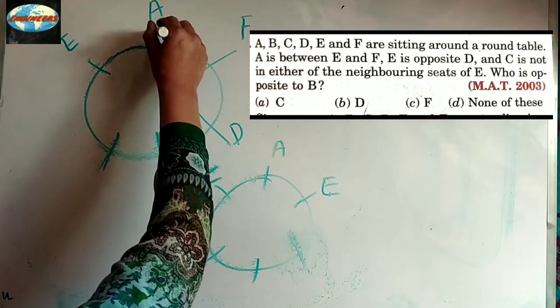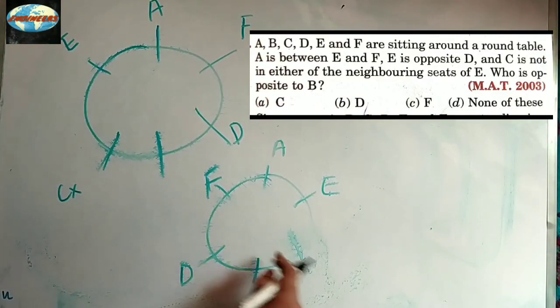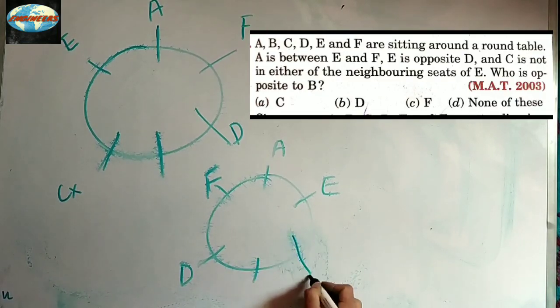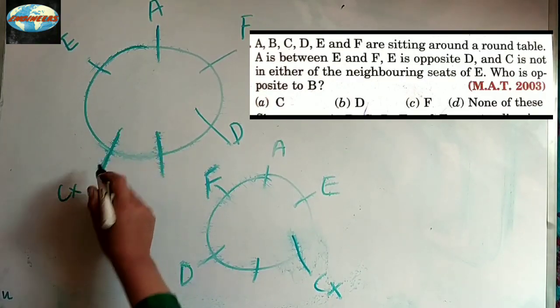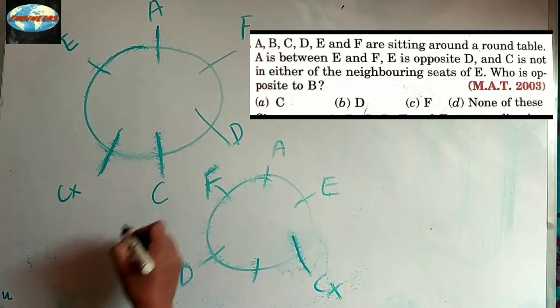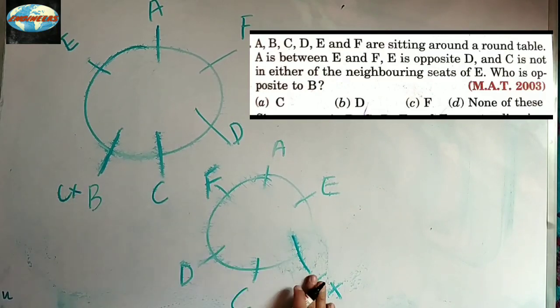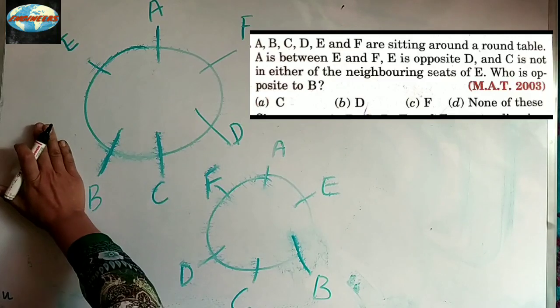Here, already we have A, so C cannot be over here, and in this case, C cannot be over here. C is not in the neighboring seats of E. Who is opposite to B? C cannot be over here, so there is only one space left for C. So we have to place C over here and B over here. Both the cases are true over here, because in this question,